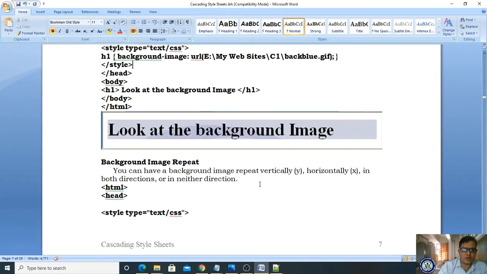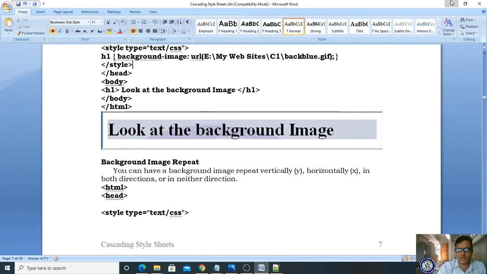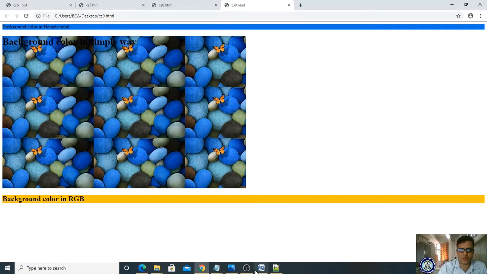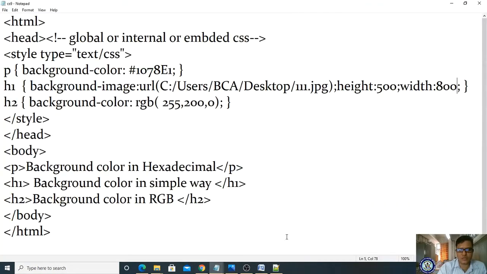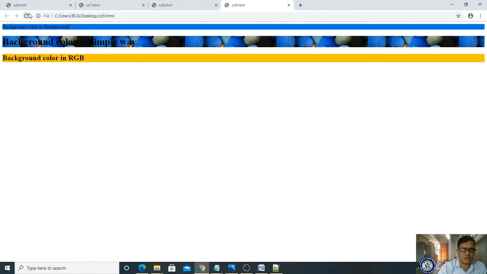Okay, and now if you want to repeat the same image, you are supposed to modify either horizontally or vertically. So here it is repeating, actually, we don't want that, right? Let me remove this height and width first, then you will come to know how it works. I'm removing height and width properties. Now it is appearing, this image is appearing within one single line, right?